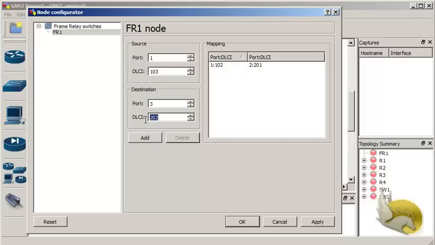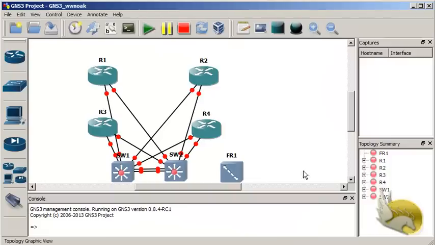So this is going to be 301. Add. And I have three ports on my frame relay switch. That's going to be okay, so I click on OK and start connecting router 1's interface serial 0/0 to port 1,